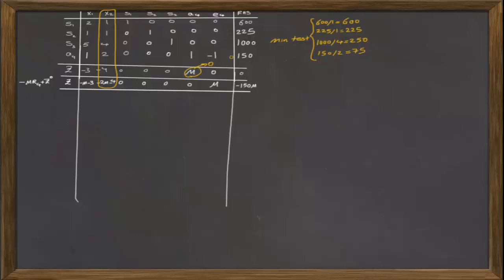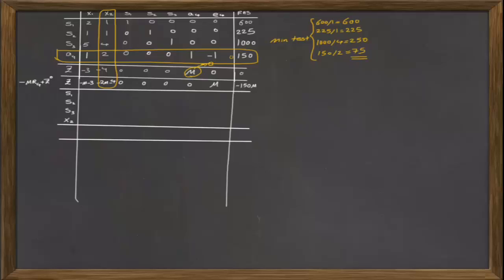If I do the minimum test, which is dividing the right hand side of your problem by the positive value of your pivot column, you'll see that the minimum number is related to the fourth row of this table. So the pivot row will be the fourth row, and the intersection of the pivot column and pivot row gives you the pivot value, which is 2,